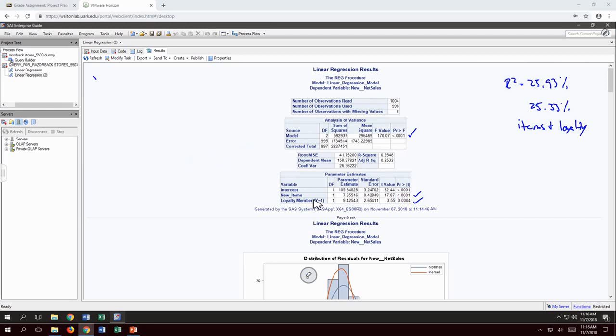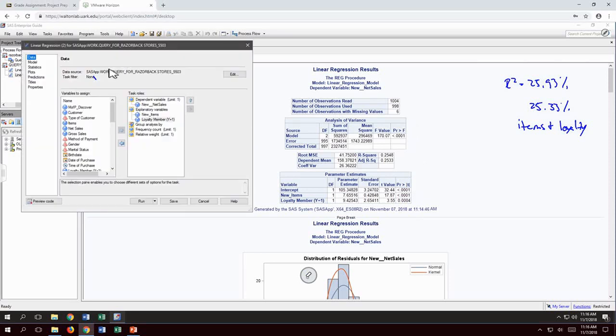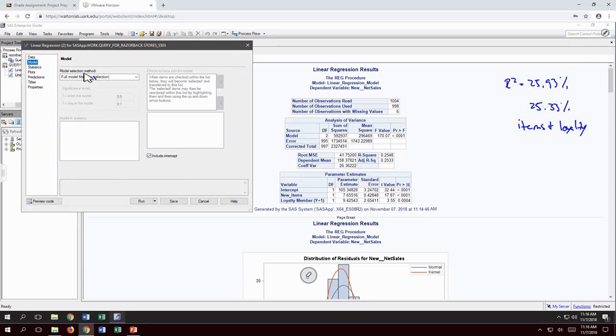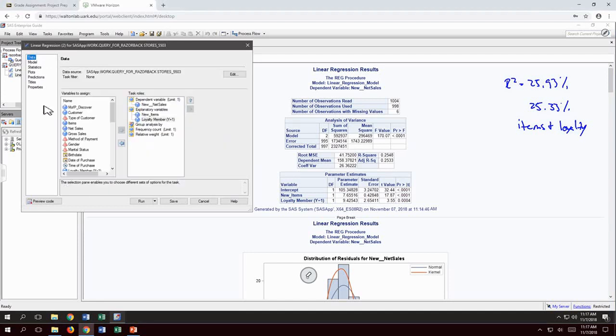So now, for the last couple minutes, let's let SAS come up with its best model. So I'm going to go back and modify task. And up to this point, we haven't really messed with the model at all. We've left it as full model fits, no selection. So unfortunately, all those things we had in there for our explanatory variables, I'm going to add them back in. I'm going to add in marital status, I'm going to add in gender, all the different types of